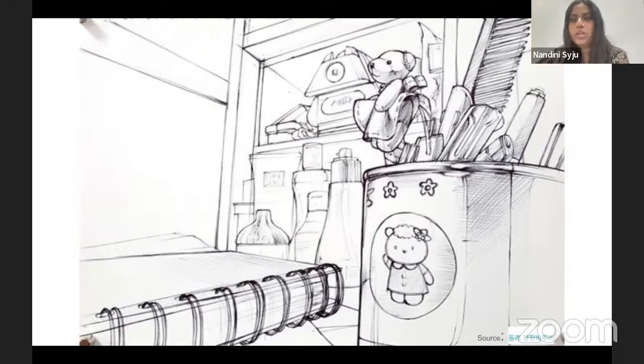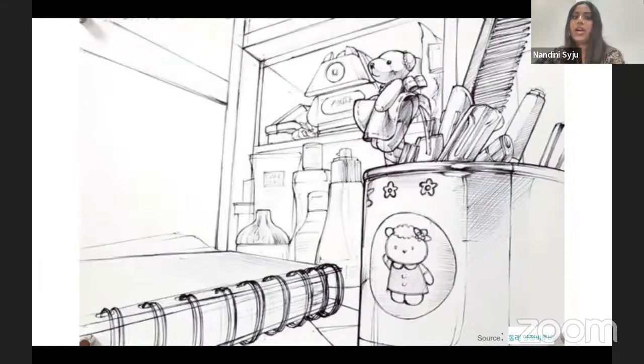So only 1, 2, 3 things are really shaded in here. That one area of emphasis is shaded, and it's not really shading in the whole fine art sense of things. It's very quick hatching to show surfaces, right? So this is the kind of approach you guys should have, because you guys have to do it quick and you have to do it well, right?